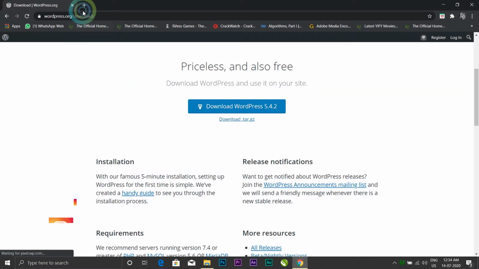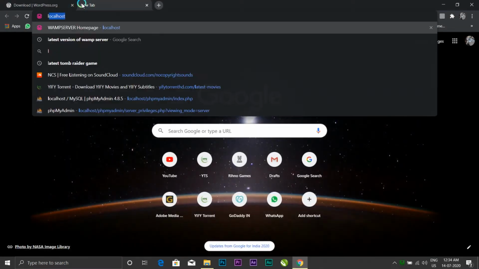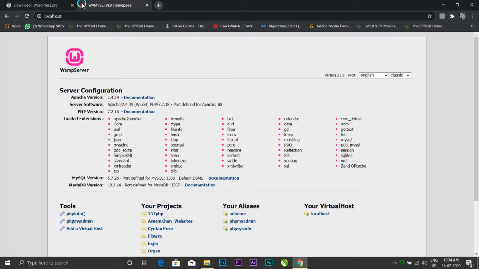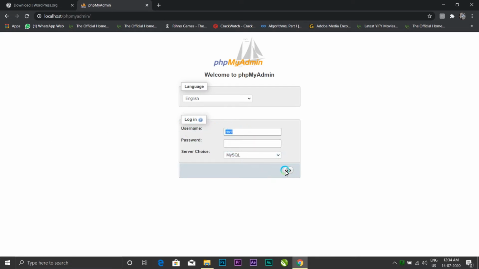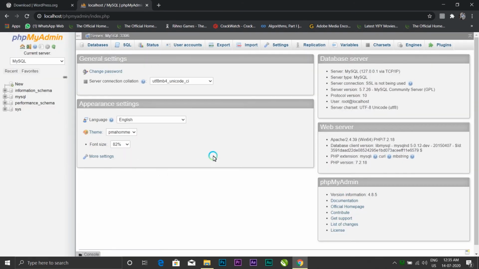Now open your browser and type localhost/phpMyAdmin, or just localhost and click it here. The username will be root and the password will be none, blank. Go. What we are doing now is creating a database for our WordPress site.